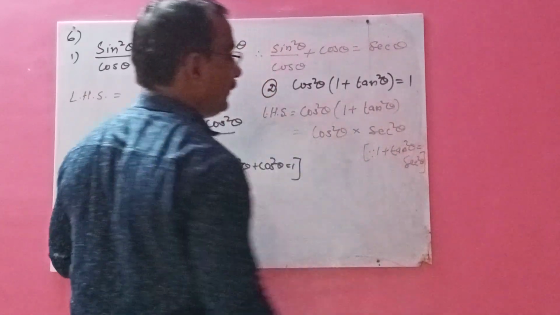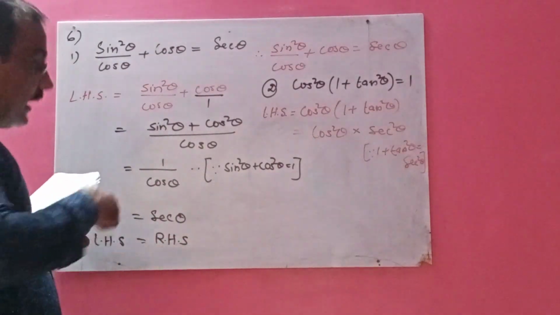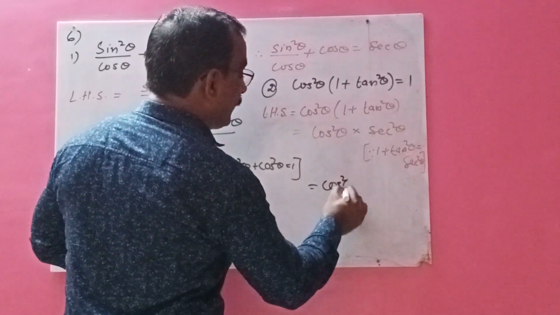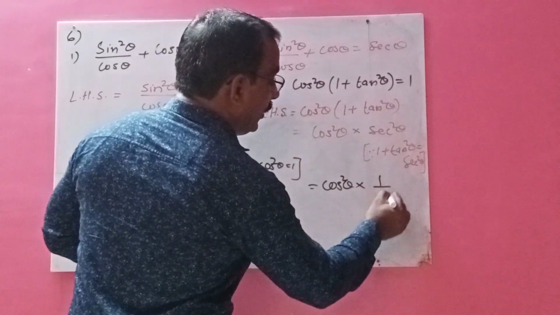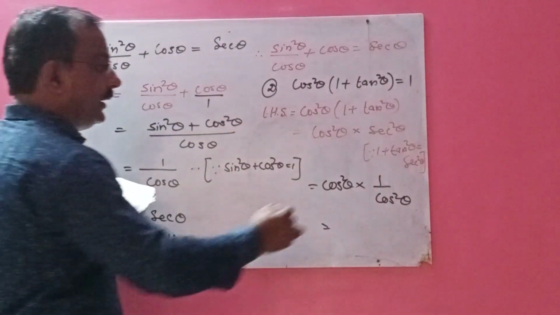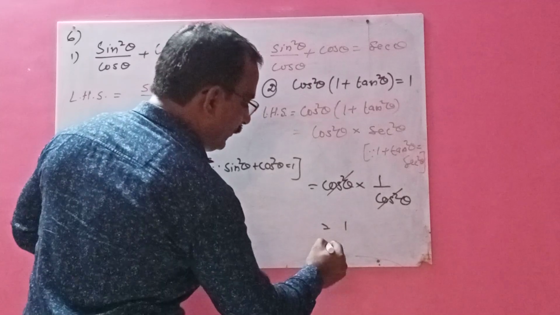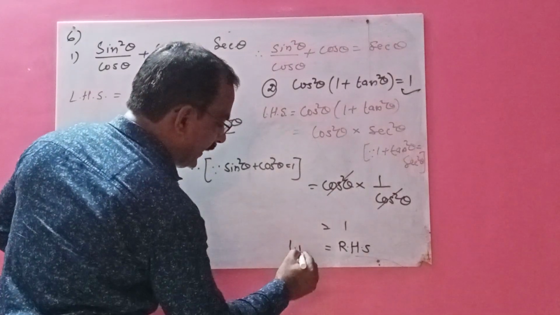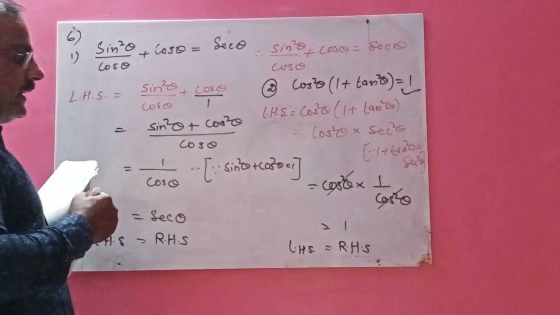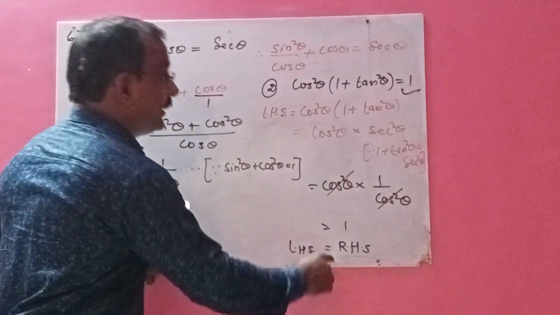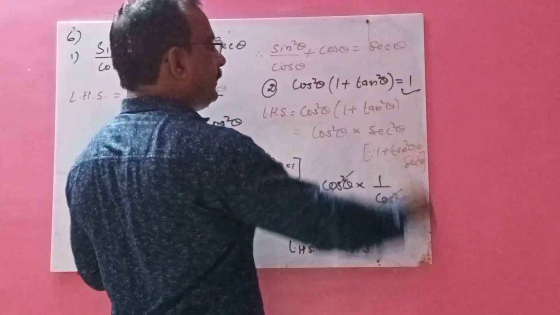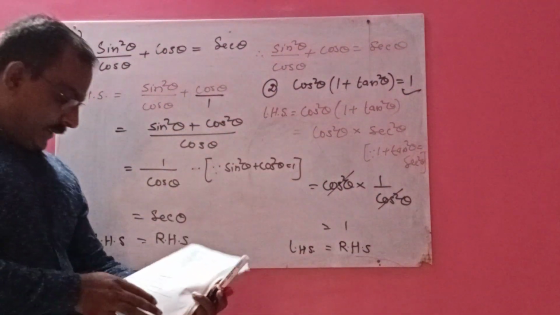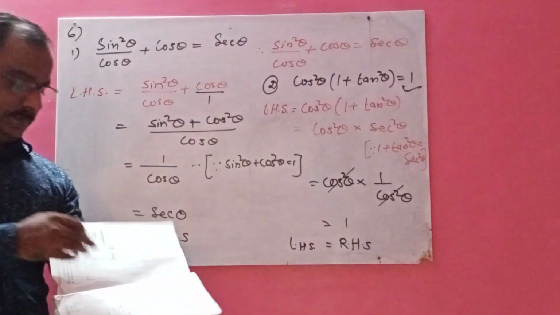Write down this reason. And then after that, this sec square is the reciprocal of cos square, that is 1 upon cos square theta. Now here these two get cancelled and you get 1, which is equal to your right hand side. See here, LHS is equal to RHS, and again you write down your sum here, that cos square theta bracket 1 plus tan square theta is equal to 1. So I hope all of you have understood this one. Continue to the next sum, that is question number 3.